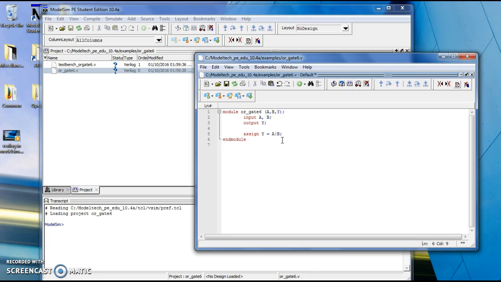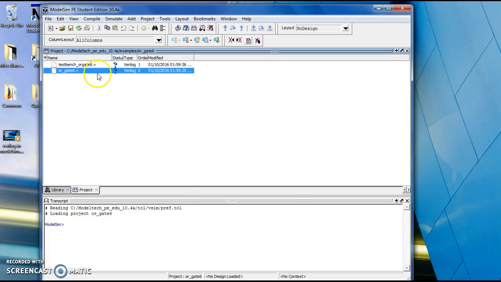Okay, one thing you must have noticed here is that all the keywords are highlighted red. So what would happen if I had misspelled a keyword? Let's say inputs. In that case, it would not have been highlighted, and this would have caused a compilation error. Let's see how to identify those errors and make the corrections. You can save it. Go to compile